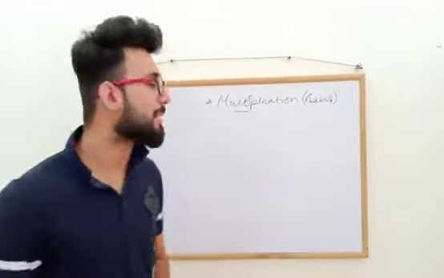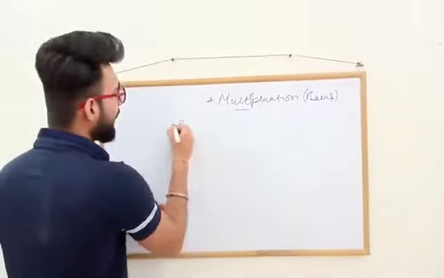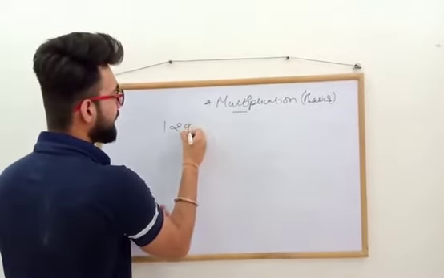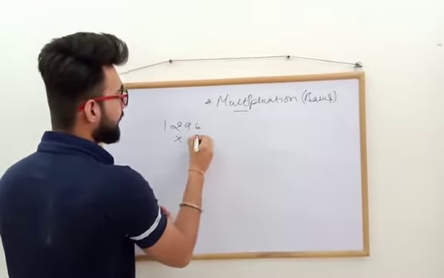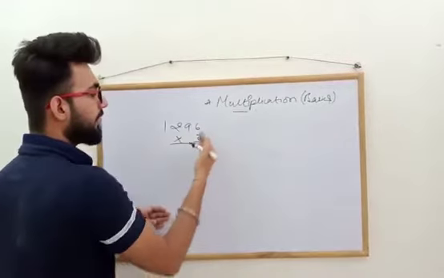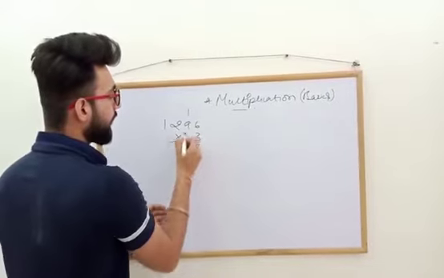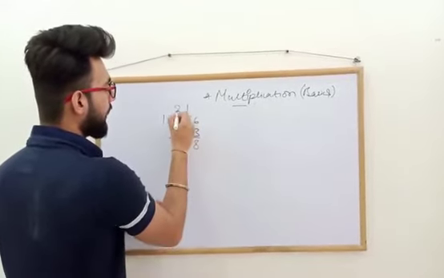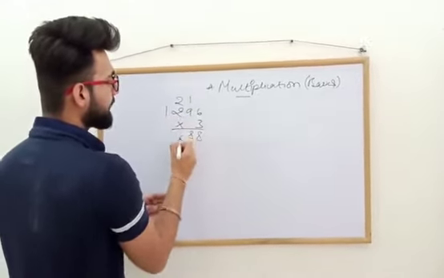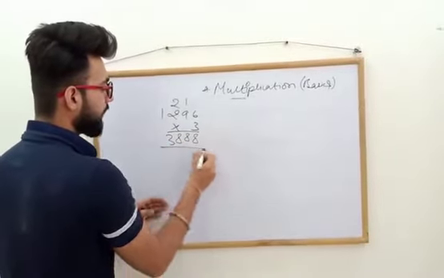So moving on to the second example, let's take a number 1296 multiplied by 3. Okay. First we can do it directly. 6 threes are 18, 8, carry 1. 9 threes are 27, 28, carry 2. 3 twos are 6 and 2 is 8. 3 ones are 3. Right.